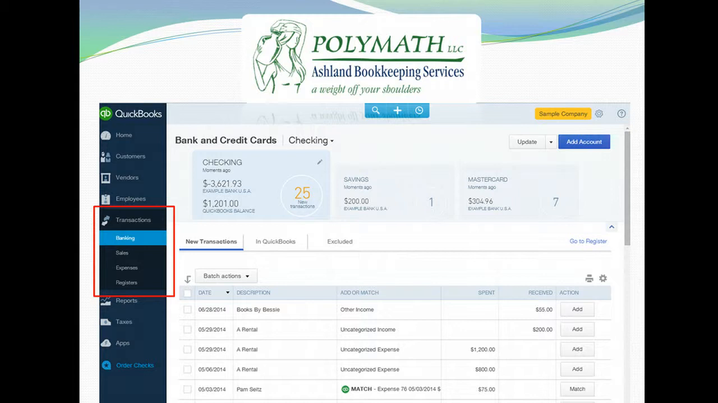By linking your accounts, QuickBooks Online downloads your transaction data, and this screen is where you review your transactions to add them to your QuickBooks account registers or match them to transactions that you have previously entered. This feature saves a lot of time that would be spent on data entry if you had to enter each